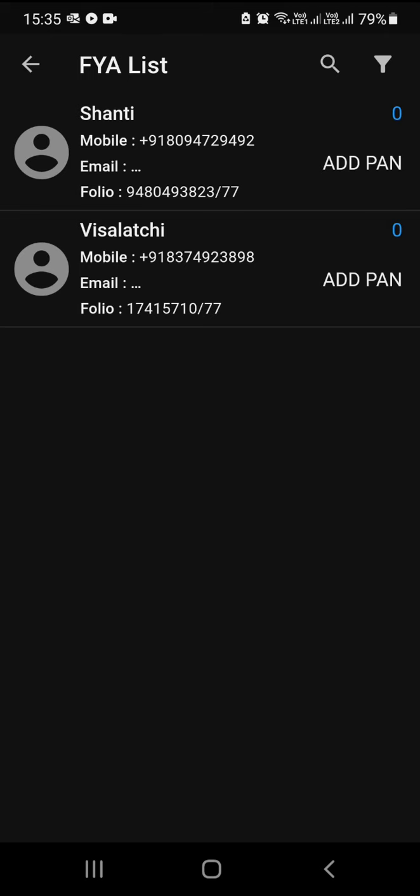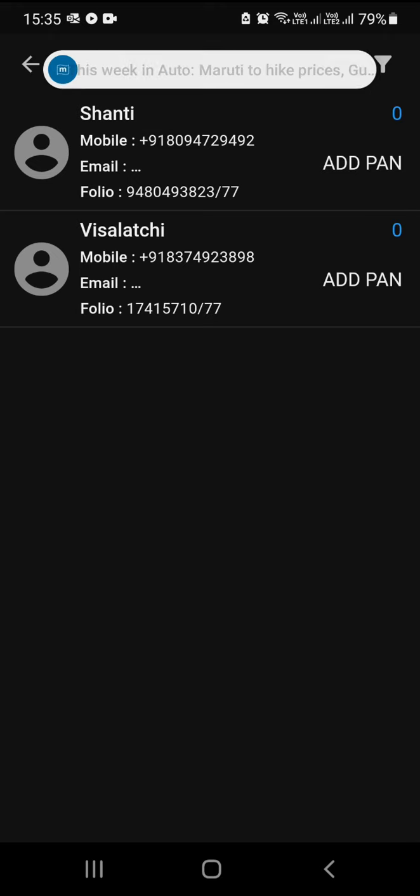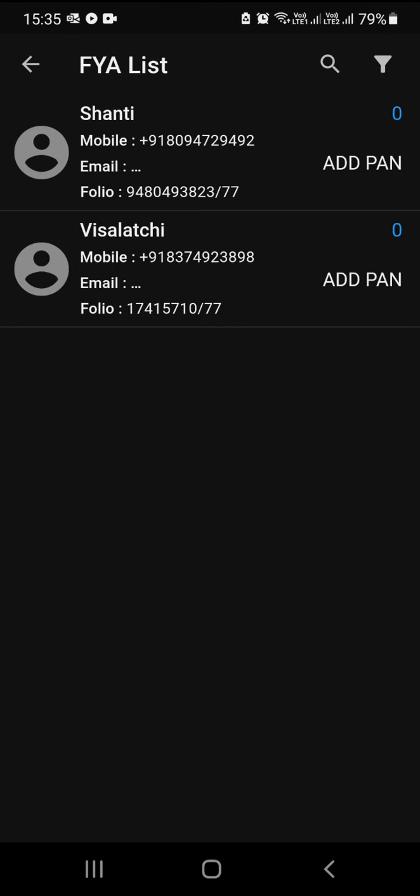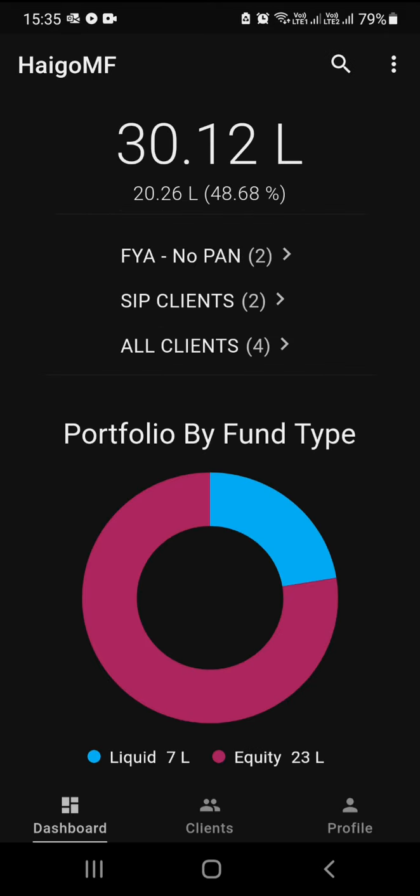Okay, suppose we have a couple of customers named Shanti with the same name, and you don't have the PAN number, so there will be some issues in reporting them, right? So we provide this functionality so that they can be identified. And this PAN is added only to our application. Okay, so it is within FIGO MF, and it doesn't flow into the RTAs and stuff like that. So if you want to actually correct it, you speak to the RTA or the mutual fund house and get the folio corrected.